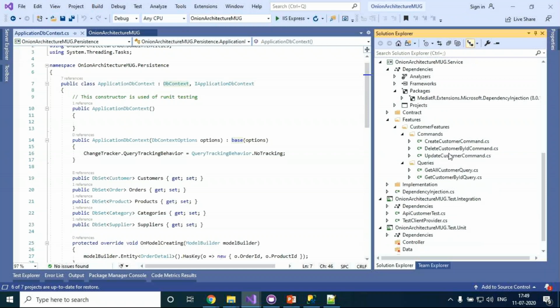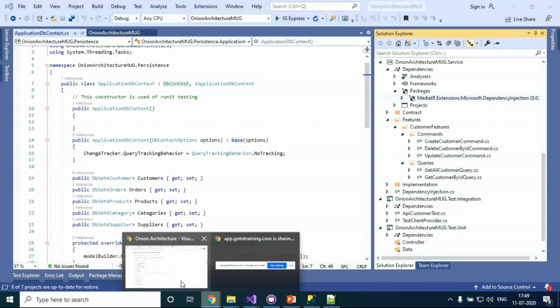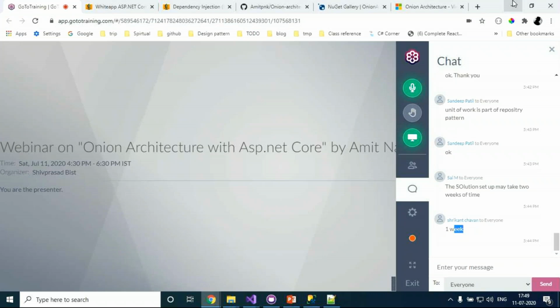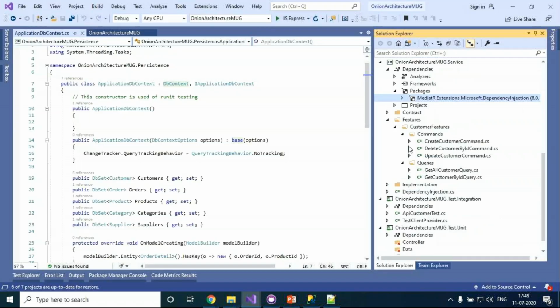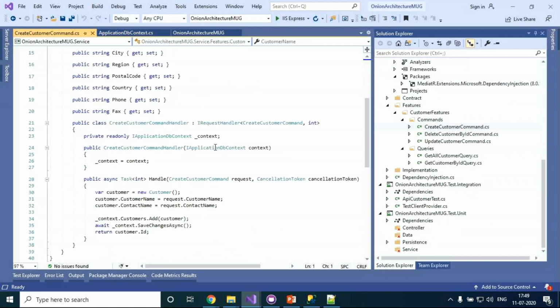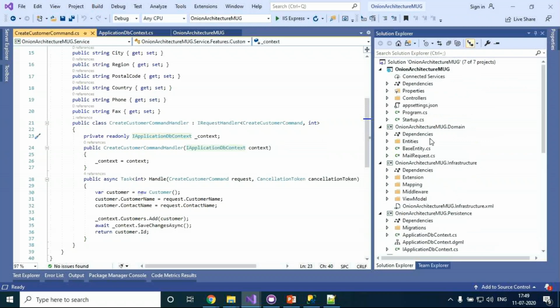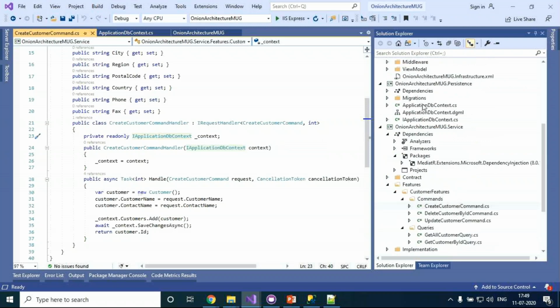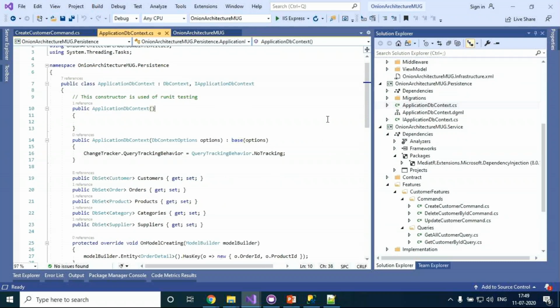Instead of writing the code yourself, like creating a class file and creating a mediator pattern and calling that pattern, it is all based on that. Instead of writing that code here, I'm using that library. That's it. I'm making use of that. So that's the reason this library comes in the service layer. So here, where exactly I'm going to call the IApplicationDbContext. IApplication is nothing but my persistence layer. Here it is. So based on that, I'm going to call.